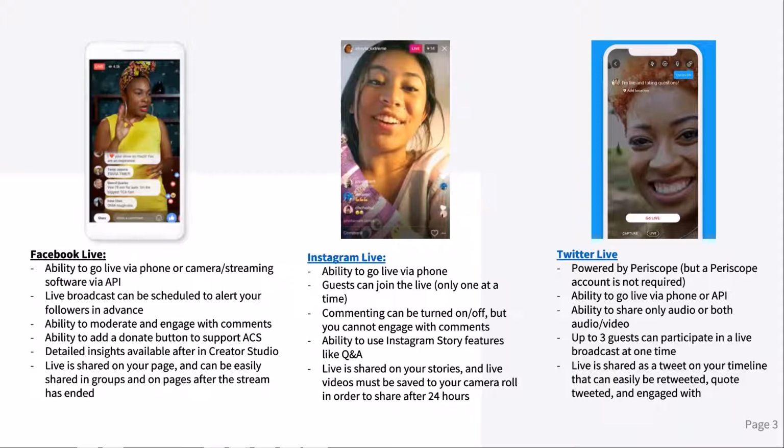On Facebook, you can go live via your phone or a camera and streaming software through the API. Your live broadcast can be scheduled to alert your followers in advance. You have the ability to moderate and engage with comments and add a donate button to support the American Cancer Society. You'll be able to view detailed insights afterward in Creator Studio. And the live is shared on your page